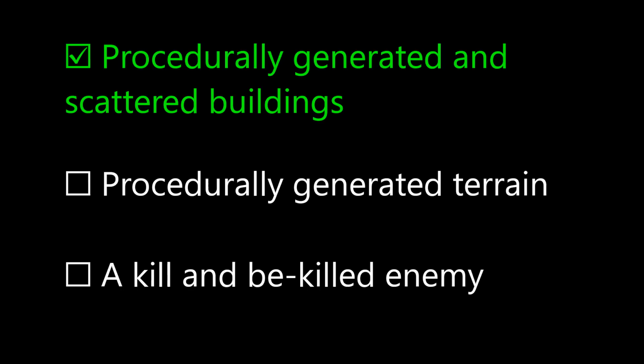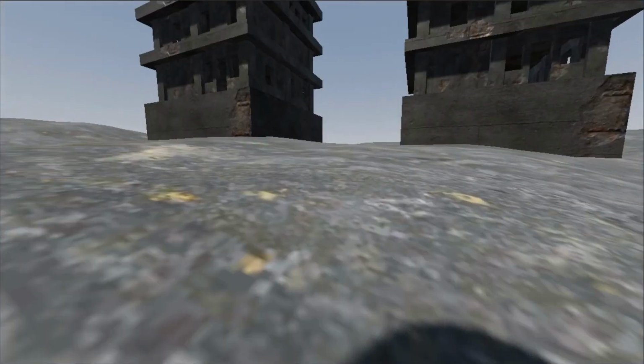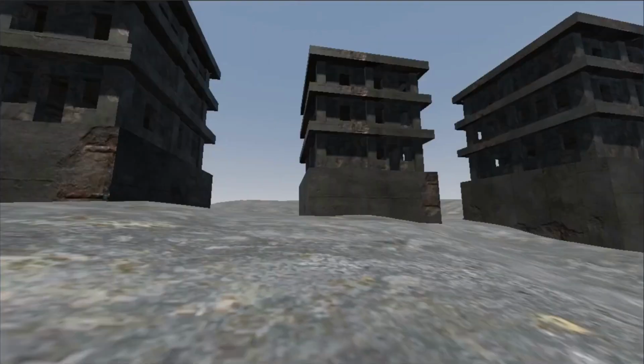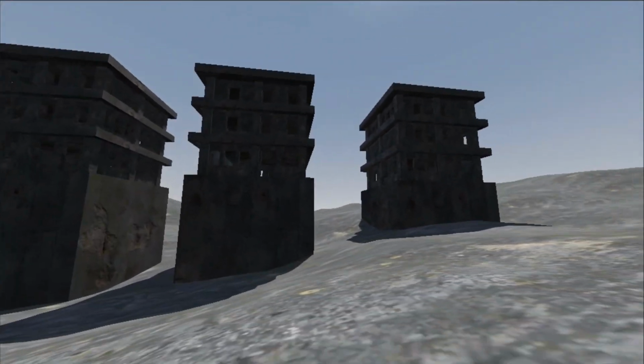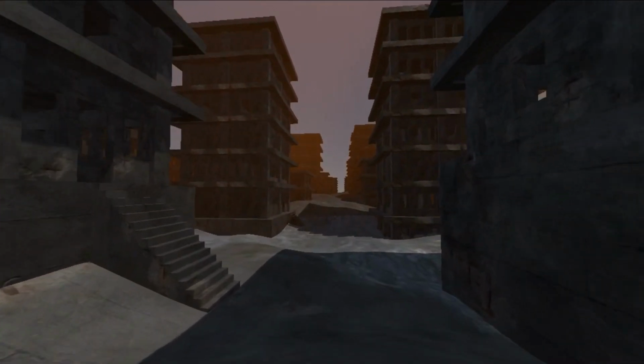The good news is 2 of the 3 goals mentioned in the first dev blog have been hit. So I'll talk about that a little bit and how I intend to go about the remainder. The buildings are now procedurally generated. To come entirely clean, the buildings in the first video were neither procedurally generated nor placed procedurally. What you're seeing now is from the current prototype.